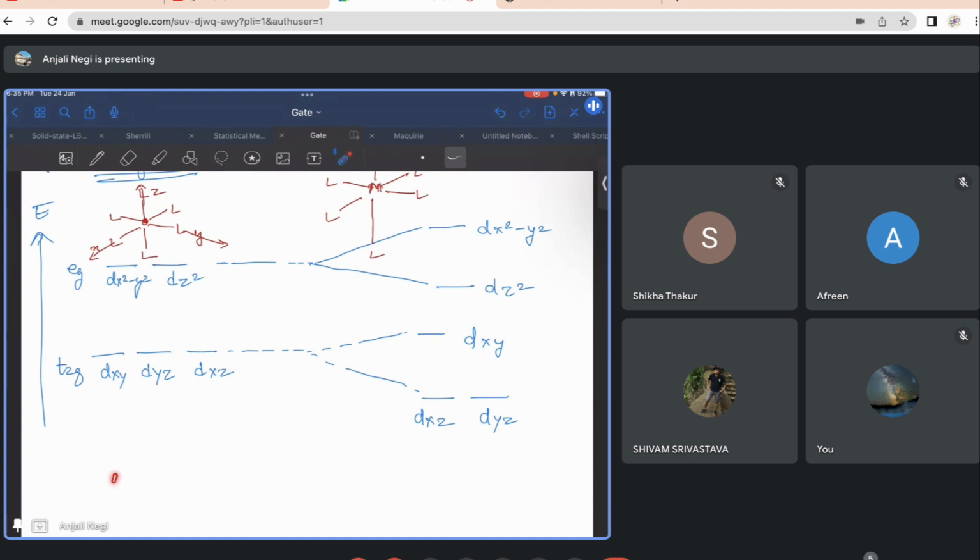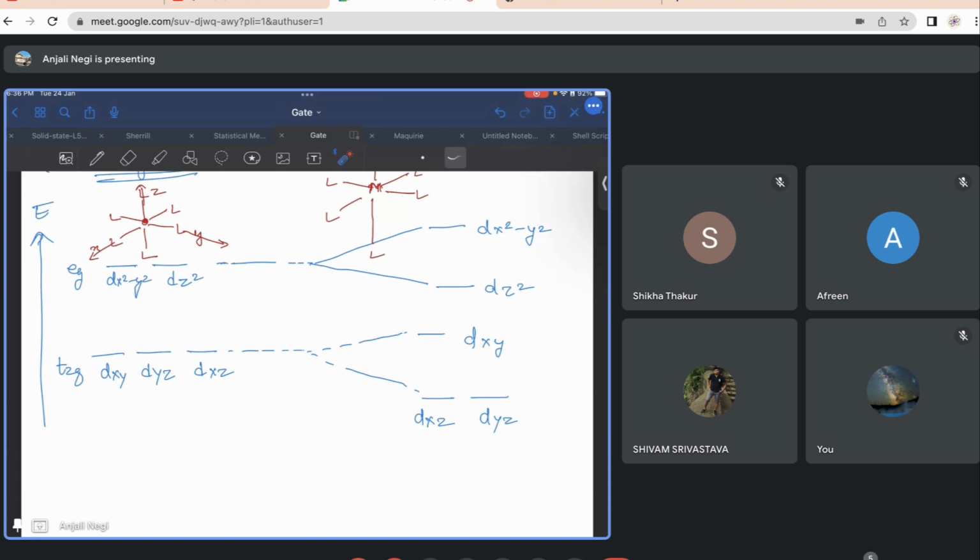We know that if the delta is large, then the pairing will happen, and if the delta is smaller than the pairing energy, then it will be a high spin complex and the pairing will not be there. Okay, so keeping those things in mind, we simply define the electronic configuration of my T2g and Eg orbitals in the octahedral field, and depending upon those electronic configurations,